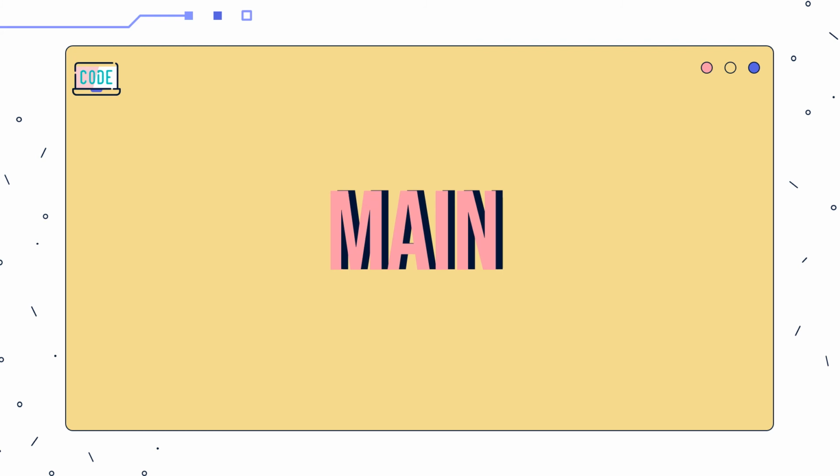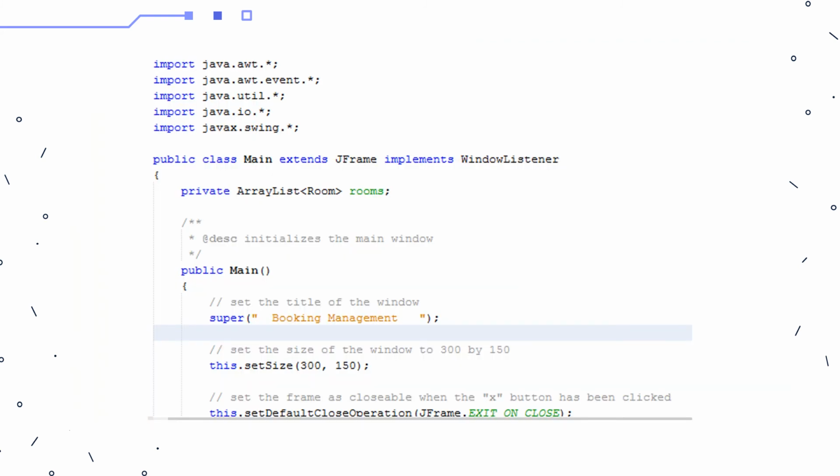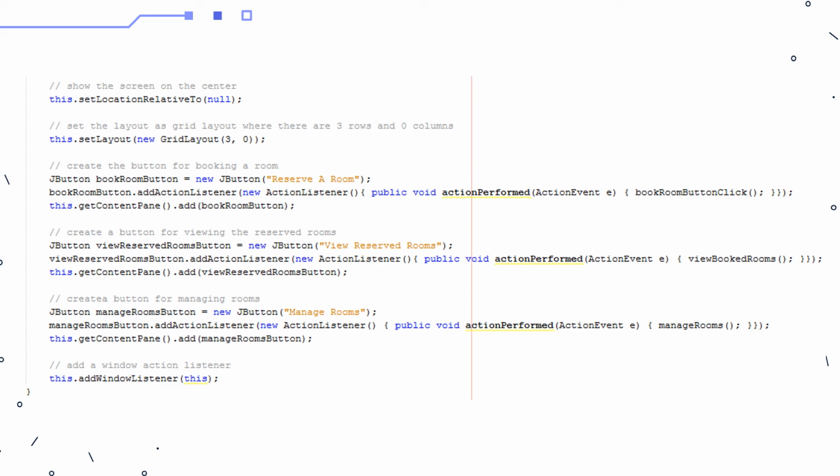Main program source code. So first we declare the import statement, and then we declare the public class as main, which will be the main coding of the program. So first we initialize the main window. As usual, we want to create the user interface design. Same code for user interface design,